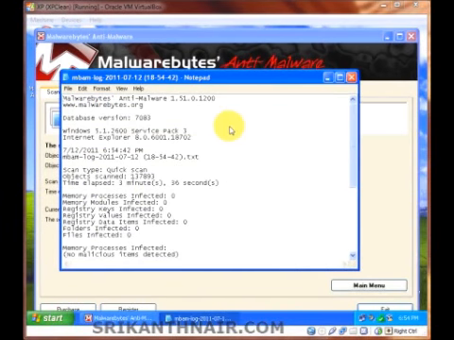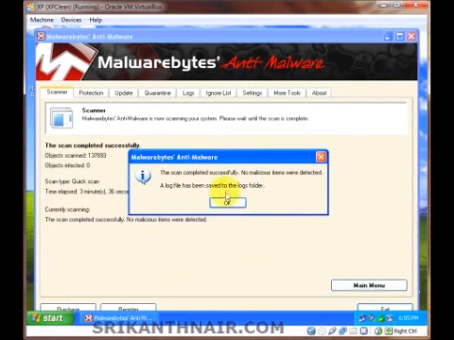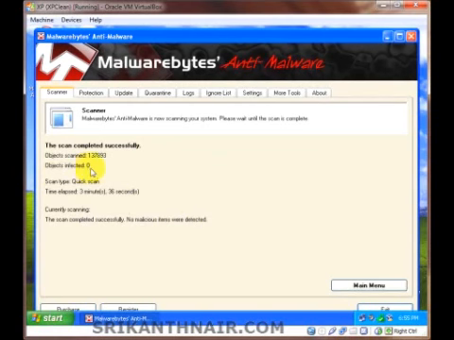Okay, so the scan has completed on this computer, and you'll get a similar note like this. And if you don't have any infections, you will get this message. If of course there are infections, like I said, you would see objects infected, and you would get an option